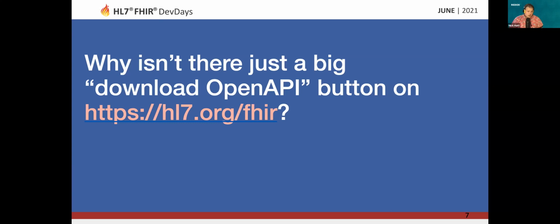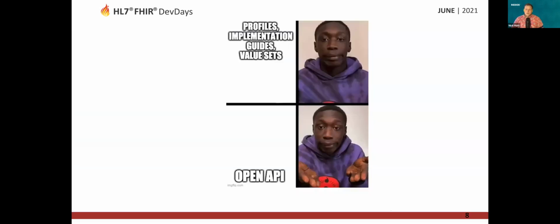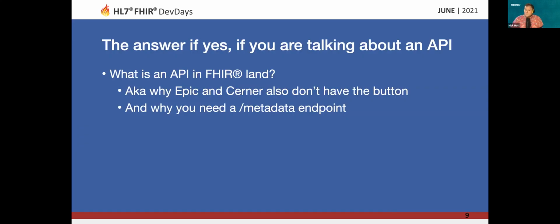You can generate OpenAPI from FHIR, we know that. And FHIR is just an API. I don't know if anybody knows this guy from TikTok, but from a certain perspective, it seems like FHIR is really complex. You have all these profiles, these implementation guides, value sets. You sort of have to build all this stuff to get something working. Can't you just replace it all with OpenAPI? And I think the answer might surprise you. The answer is kind of yes, but